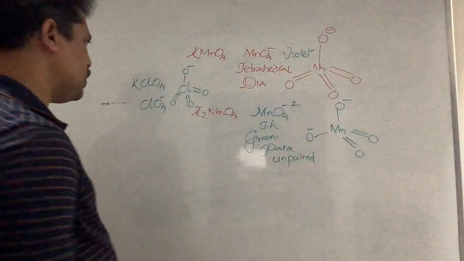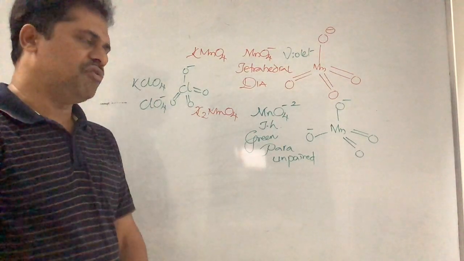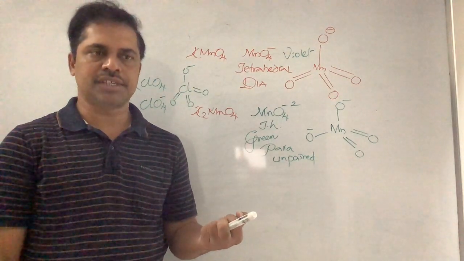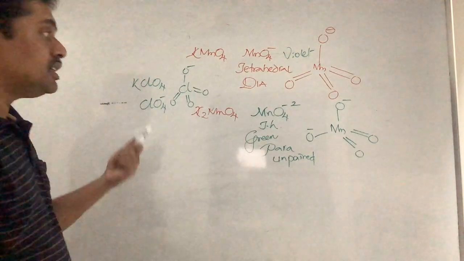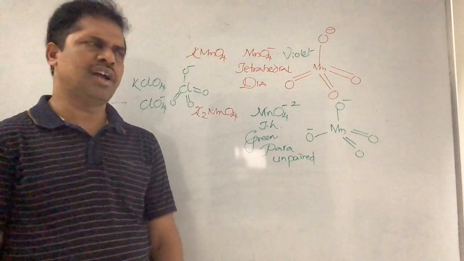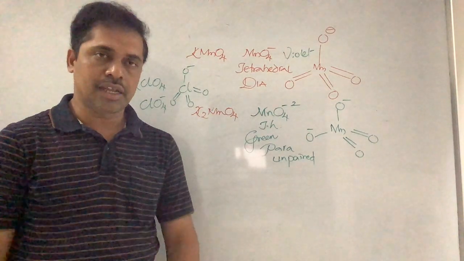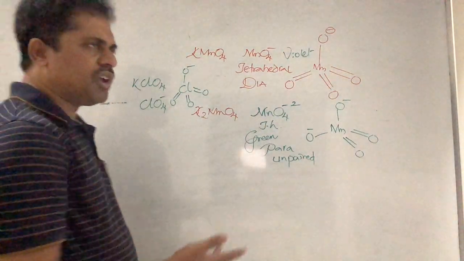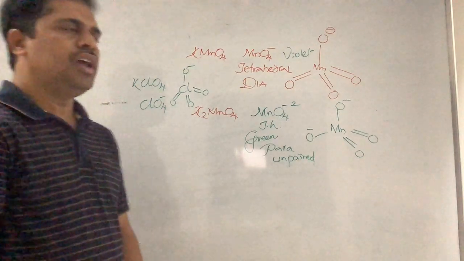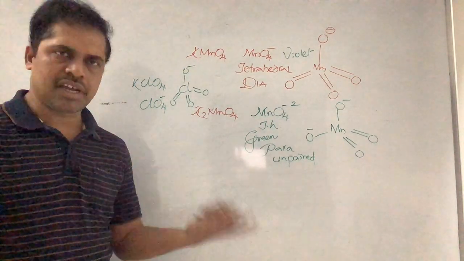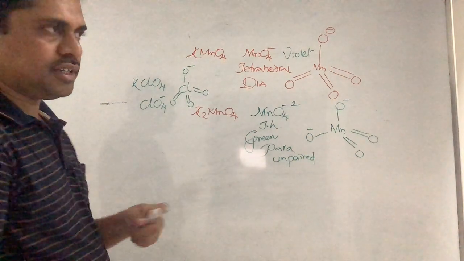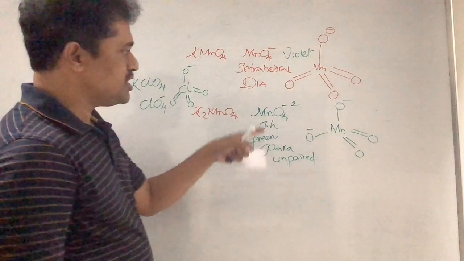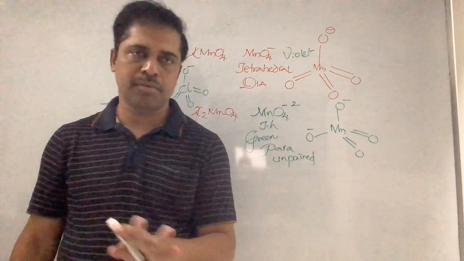And very special about its color, it is having an intense violet color. Very intense violet color you can see. Potassium permanganate then shows temperature based paramagnetism. It is not very highly paramagnetic, but it is temperature based paramagnetism. This is a little higher subject topic, not required for you at your NEET level or JEE level, but you can remember its paramagnetism is based on temperature. That means generally I said this is diamagnetic, but when you change the temperature, there is a possibility of getting